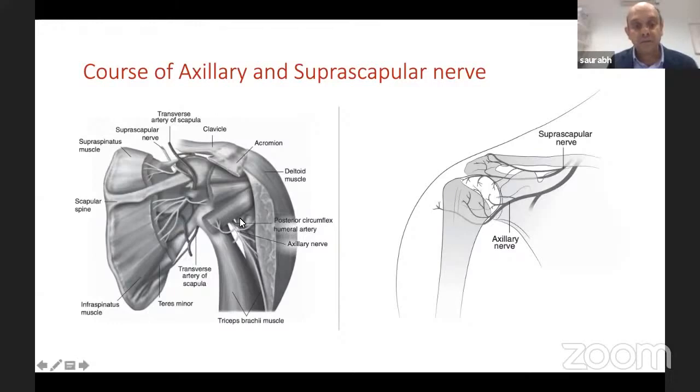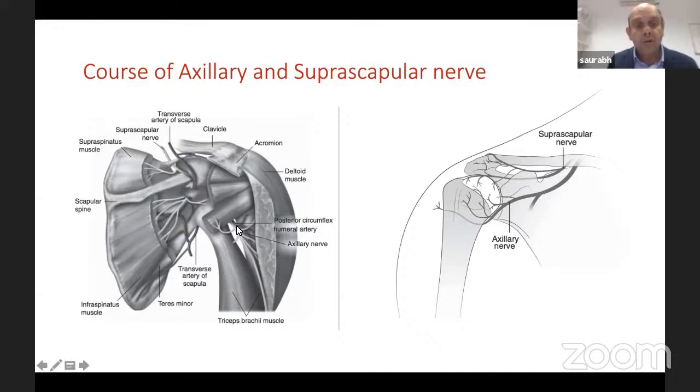And then if I take you to the posterior shoulder specimen, so it's coming out of quadrangular space with posterior circumflex. That's where axillary nerve will give various branches. So it's going to give a branch to skin, it's going to give articular branches, it's going to divide into anterior and posterior branch, which will be running on the anterior and posterior surface of deltoid, supplying deltoid, teres minor, and your regimental badge area.